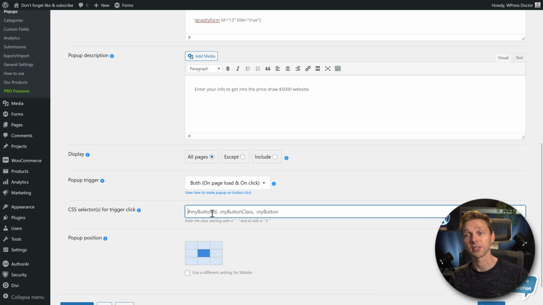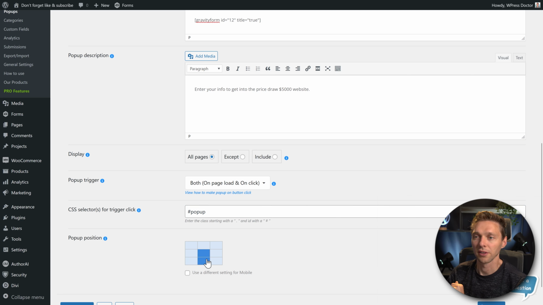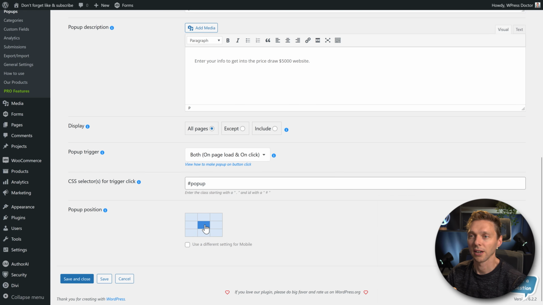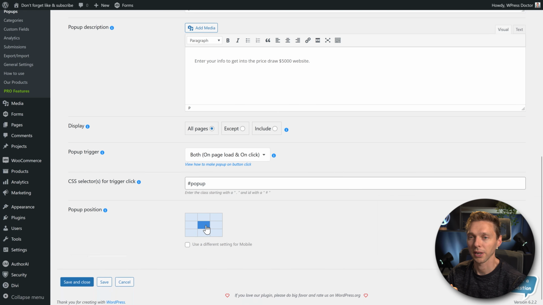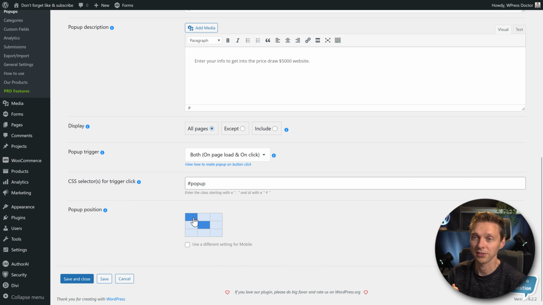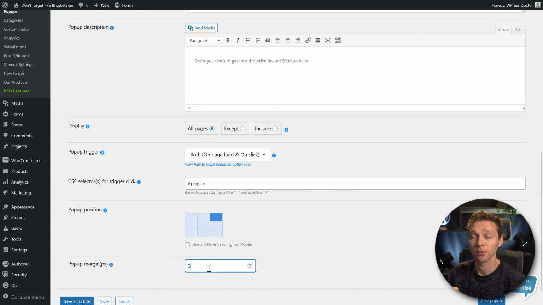And we're going to call this CSS trigger, use an ID of pop-up. And then we can choose the position on the page. If I want to see it in the middle of my screen, I just select this box. If I select another place on my screen, then I can also define the margin. So let's say 100 pixels